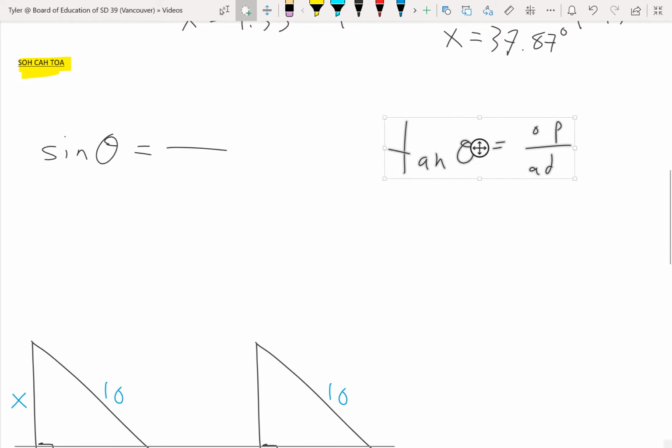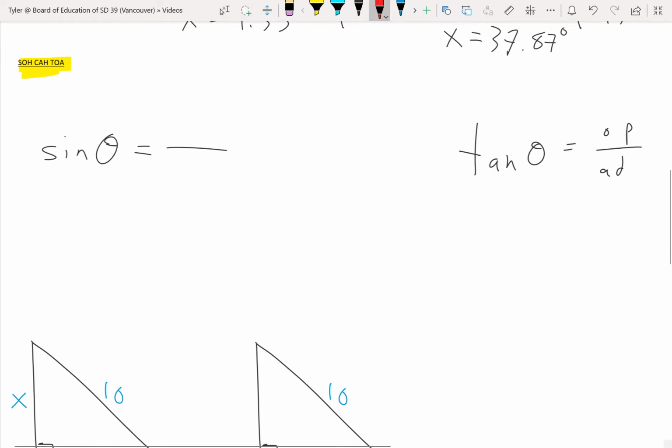So I'm actually just going to move this over a tiny bit. Okay? And then the cos one is cos theta equals something over something. So as you can see, they're all ratios. The ratios that we're actually going to use are in the question, or in this SOHCAHTOA thing. Okay? So SO is SOH. So the O is the opposite, and the H is the hypotenuse. So you can see, if you look, it goes